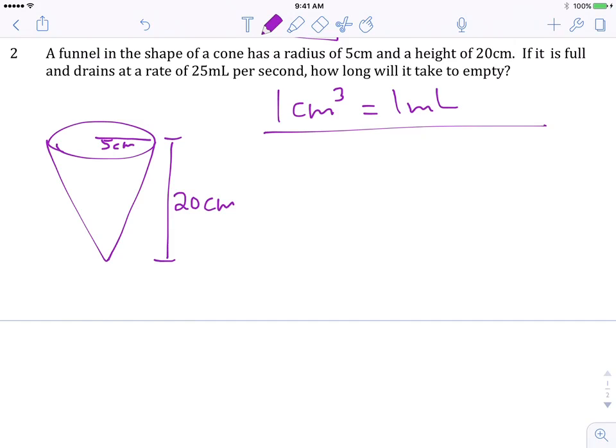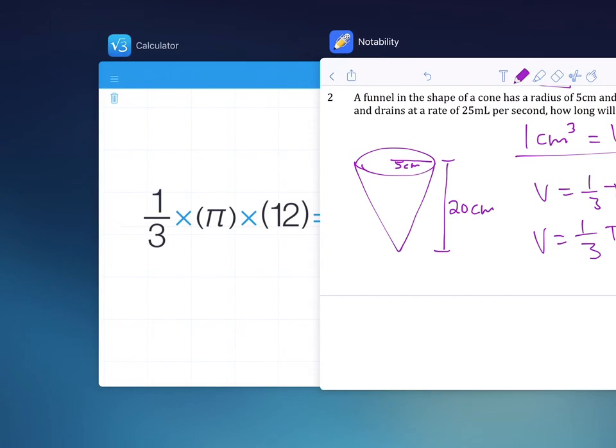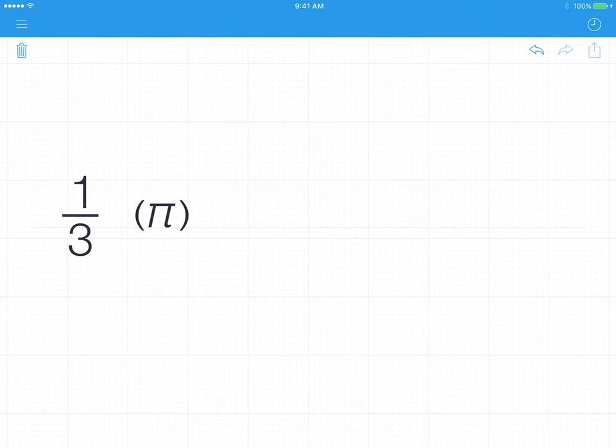Now, armed with our formula, let's put that aside. Armed with our formula, volume equals 1/3 pi r squared h. R looks like a V, sorry. R squared h. Let's sub in what we know. The volume equals 1/3 times pi times the radius, which is 5 squared, we know is 25, and times the height is 20. Okay, so we're going to plug that into our calculator. 1/3 pi times 25 times 20